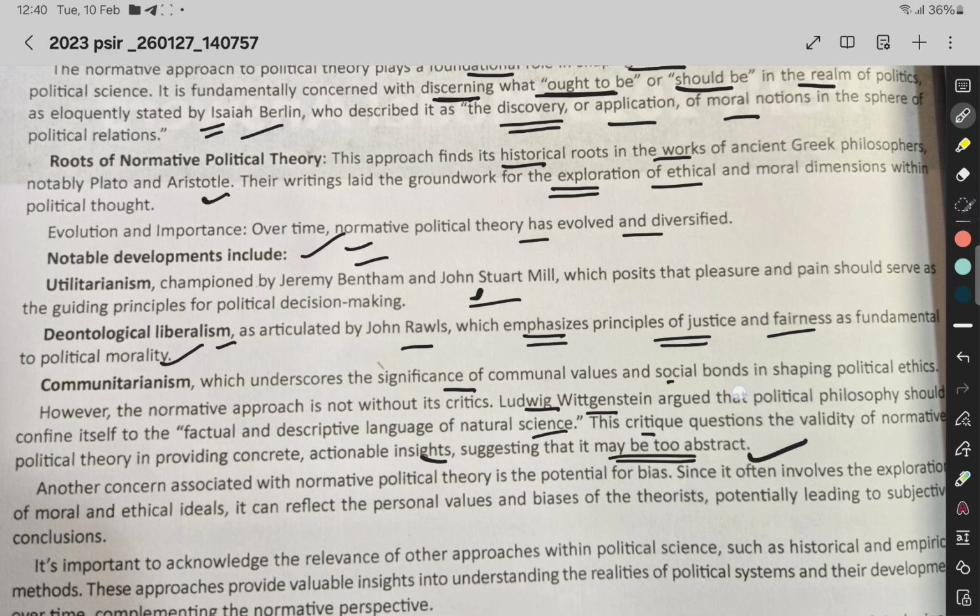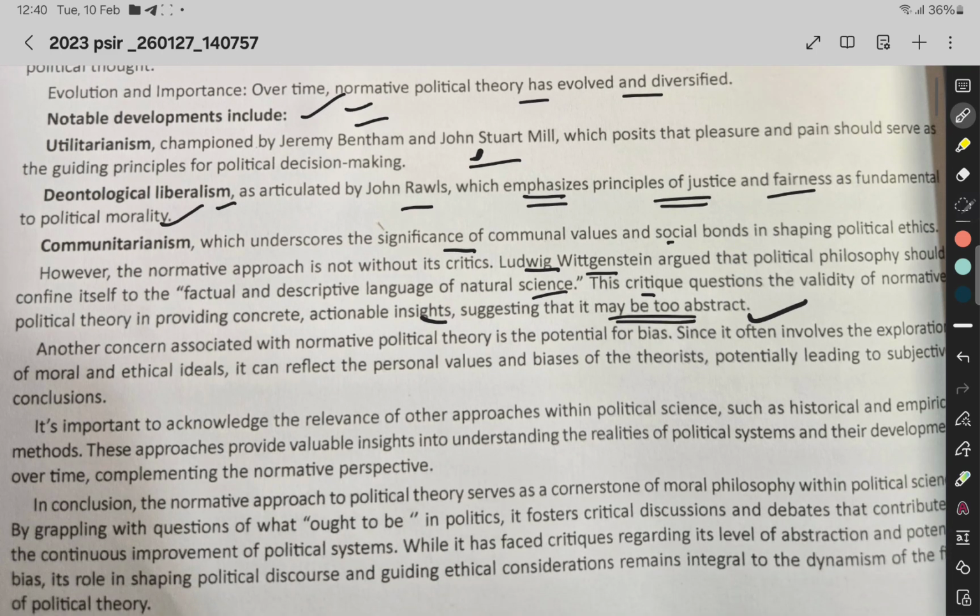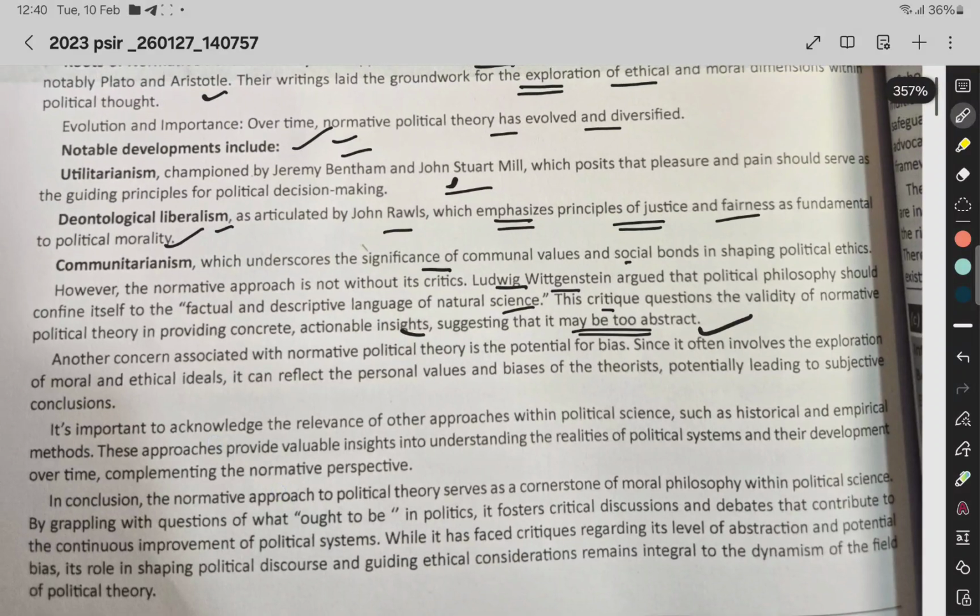too abstract. Another concern associated with normative political theory is its potential for bias. Since it often involves the exploration of moral and ethical ideas, it can reflect the personal values and bias of the theorist, potentially leading to subjective conclusion. It is important to acknowledge the relevance of other approaches within the political science, such as historical and empirical method. These approaches provide valuable insight into understanding the realities of political system and the development over time, complementing the